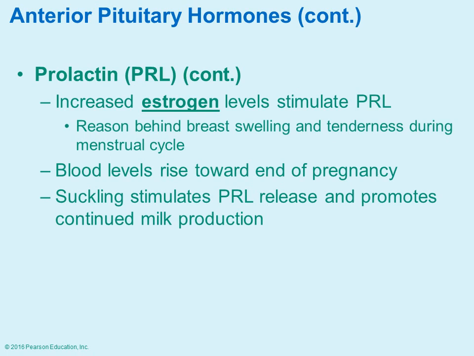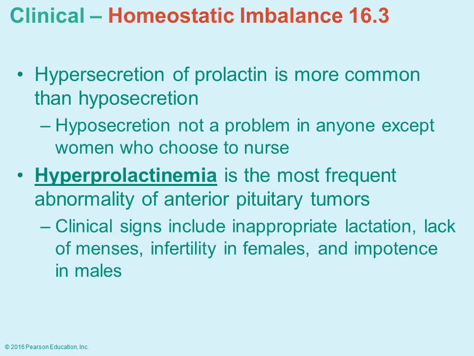Blood levels of prolactin tend to rise towards the later end of pregnancy. And then a newborn, as it does nurse, that suckling stimulates the release of the prolactin, and that's going to help maintain or continue the milk production. Hypersecretion of prolactin is more common than the hyposecretion of it. Hyposecretion, the only time that's going to cause a problem is if